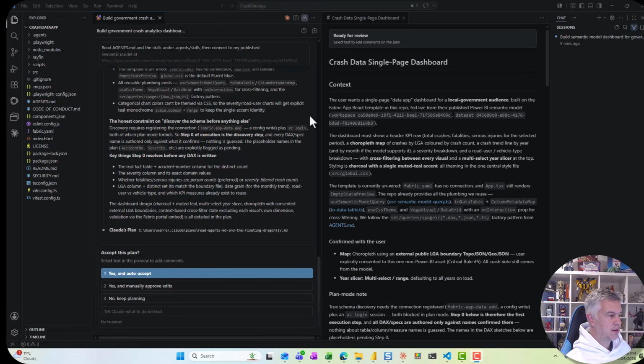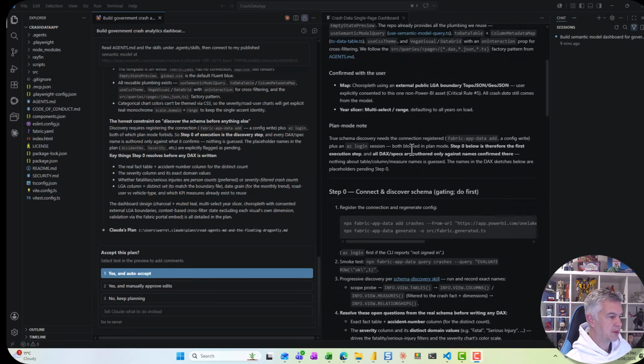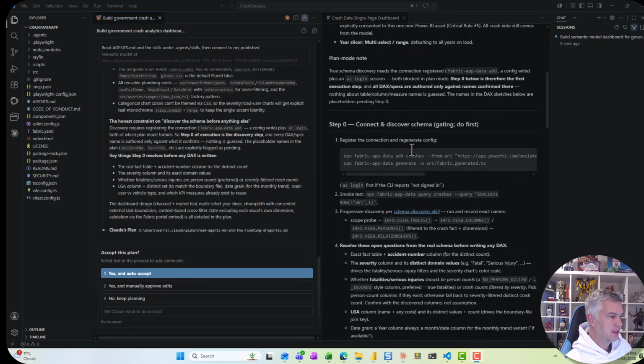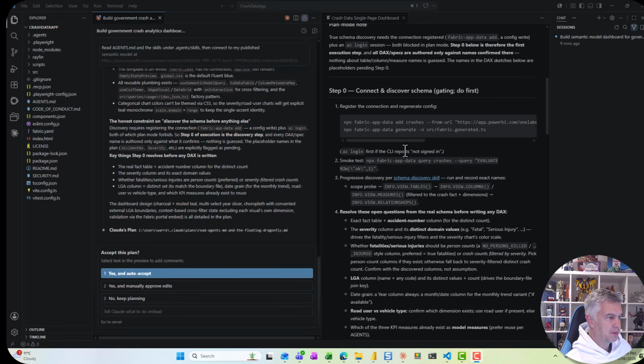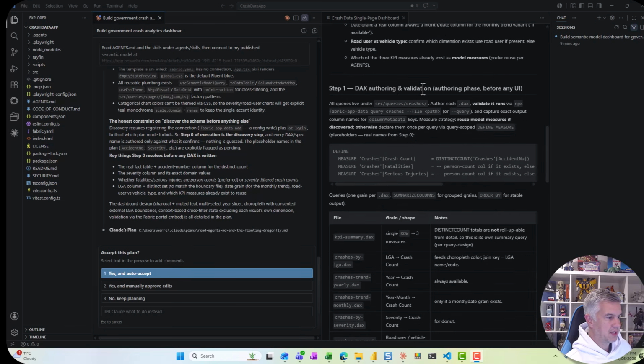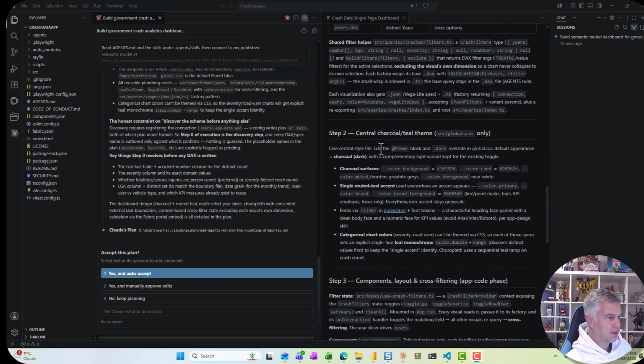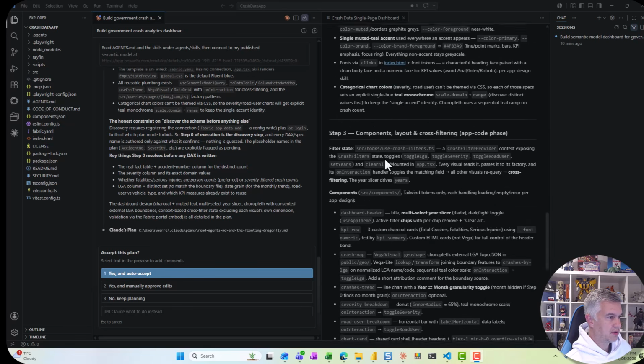Okay, so it did ask me some permissions to run some things along the way, but now we have our plan. And obviously this is a demo, but if I had more time, I'd go through the plan and look at the pages, what it's building. But you can see it's going to connect, do some tests, build out some DAX. What's it doing? Themes,